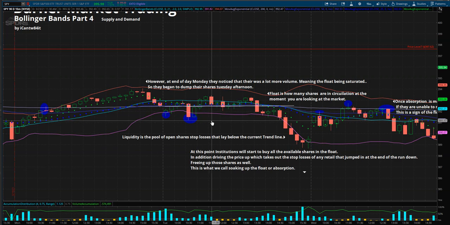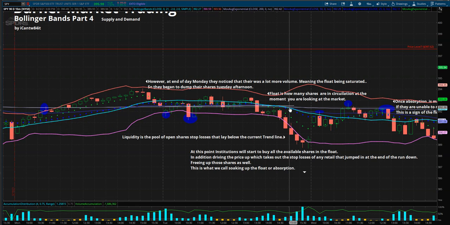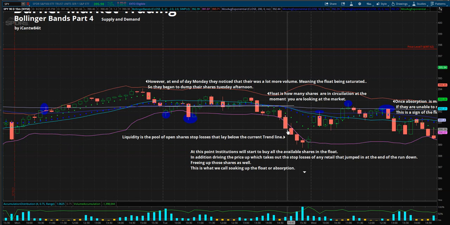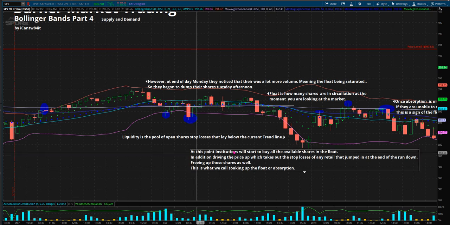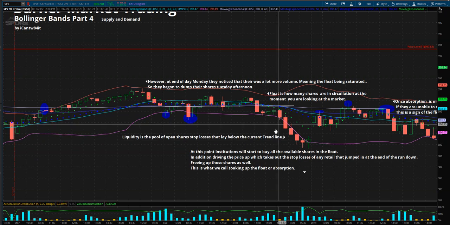deeper pool of liquidity, an area that hasn't been tapped in a while because people think they're safe there. Boom, it takes out all those stop losses, drives the bears down, and you have fear of missing out. All the retail jumps in to try to drive even further, and then as it gets to an area where it is low enough that they can start over again, they start buying up all those shares